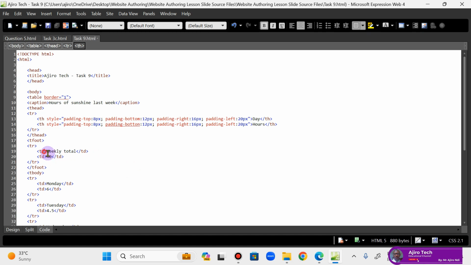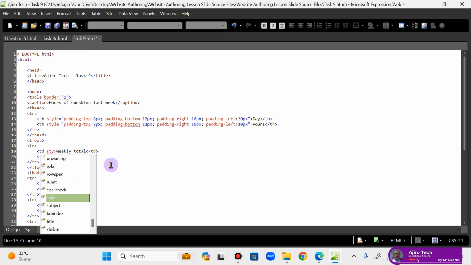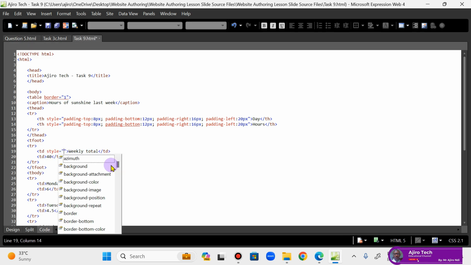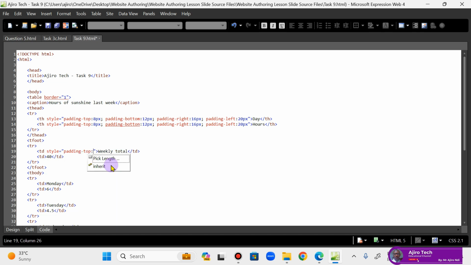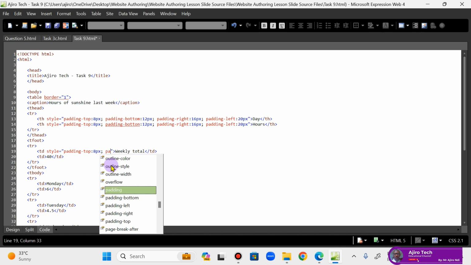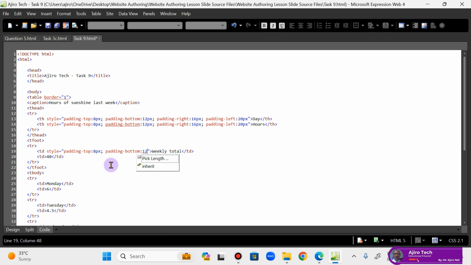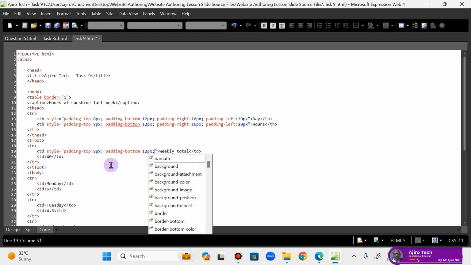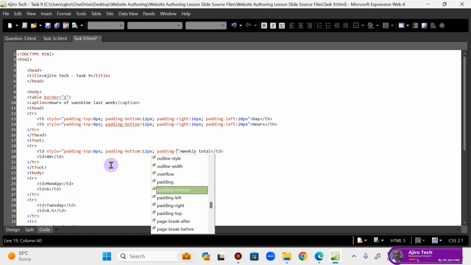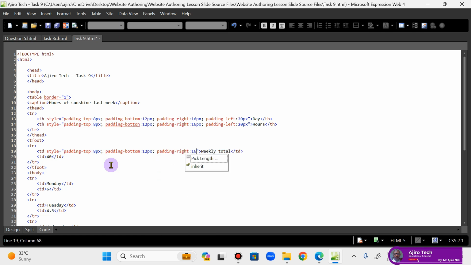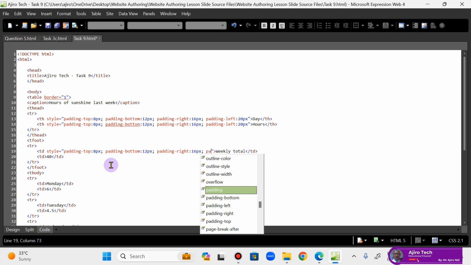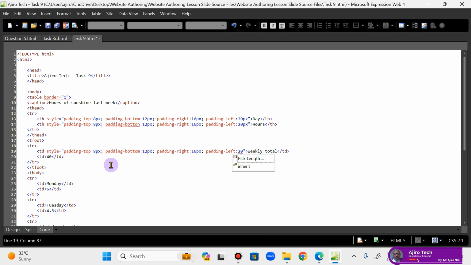So I'm going to do the same thing here. So styles. Okay, so padding top is what? 8 pixels, semicolon. Padding bottom is what? 12 pixels, semicolon. Padding right is what? 16 pixels, semicolon. Padding left is what? 20 pixels. And then another one,